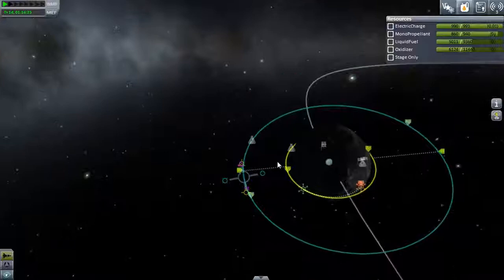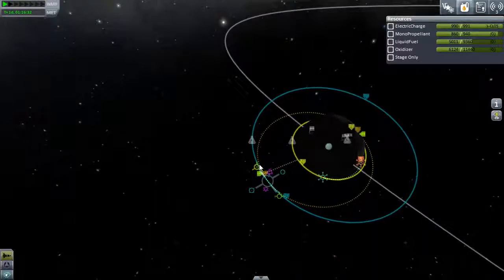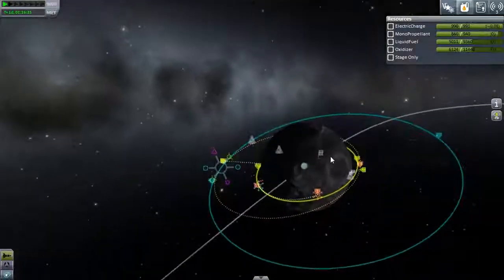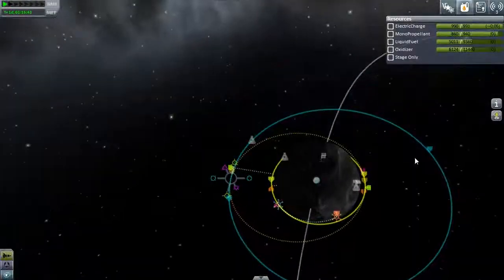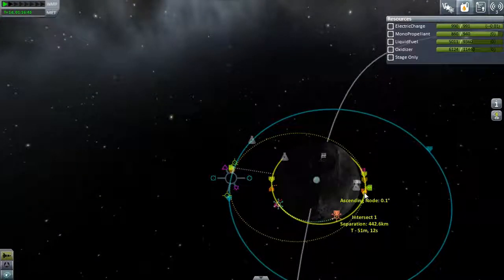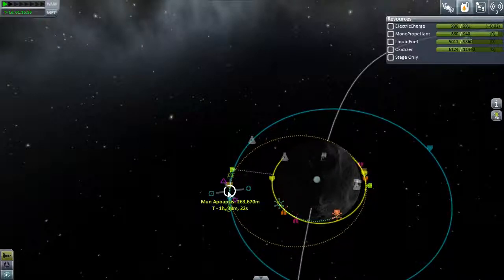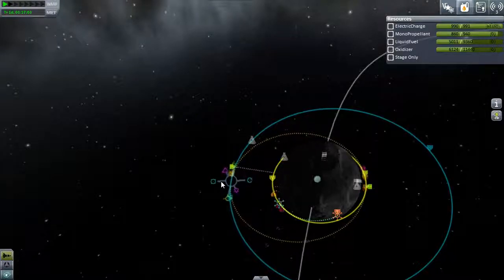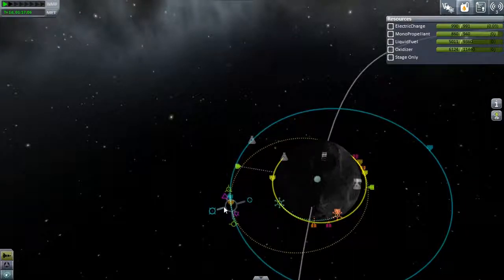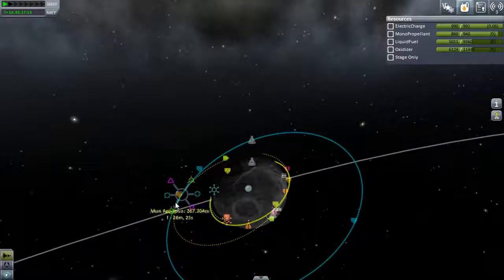We now want to lower our orbit. Problem is, yeah, if we lower our orbit here, when we get here, that's going to be basically on the other side. So as we wait, well, if we do it earlier, it's not any better. But if we go a little longer, it should...